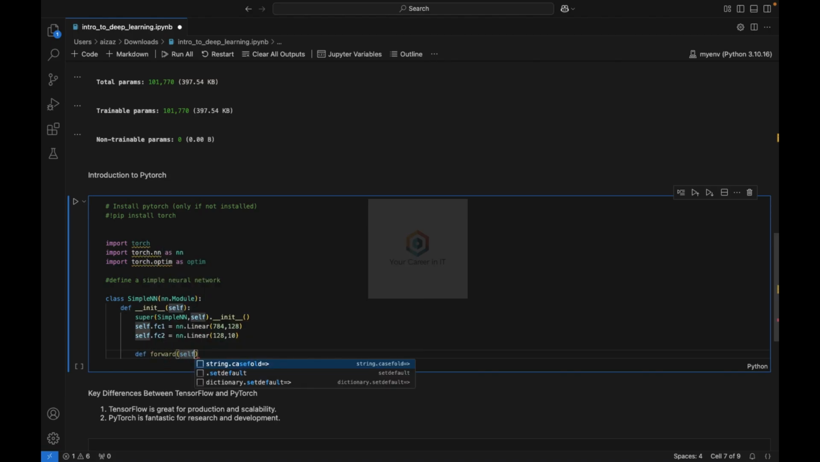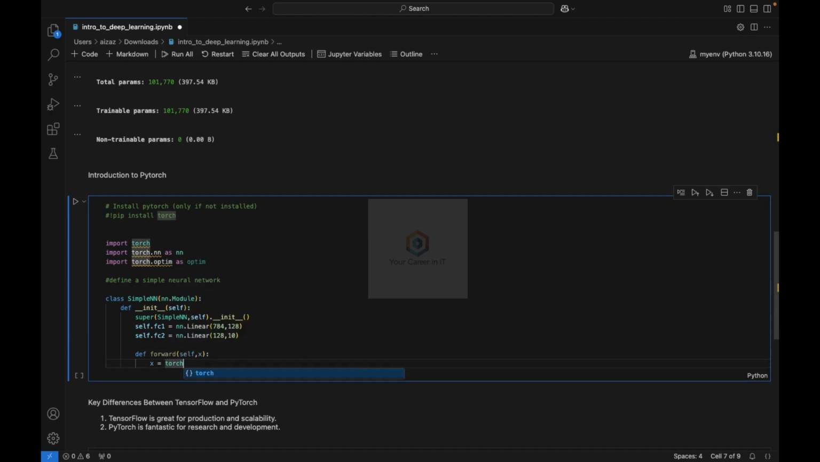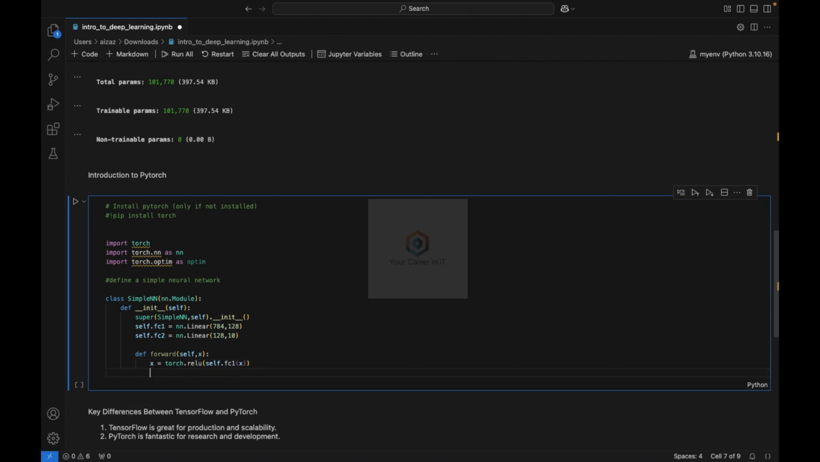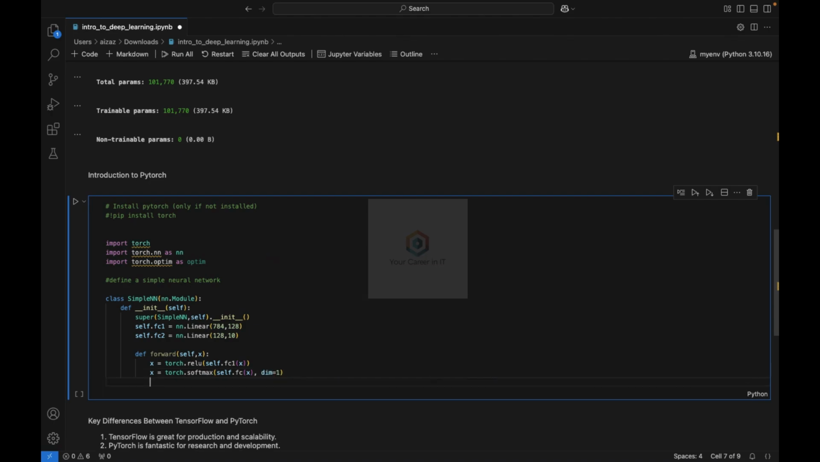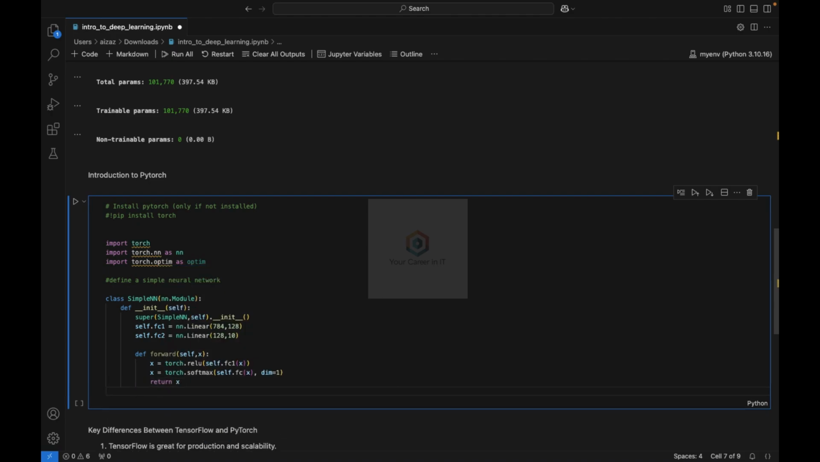Okay, now the next function is forward self, x. So x equal to torch.relu self.fc1 x, and the second one is x equal to torch.softmax self.fc2 x, dim equal to 1, and return x. Okay, now after this, initialize the model,